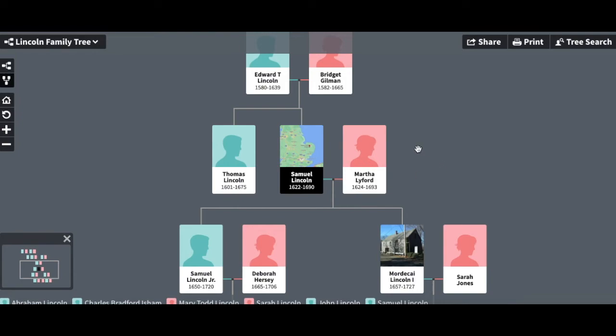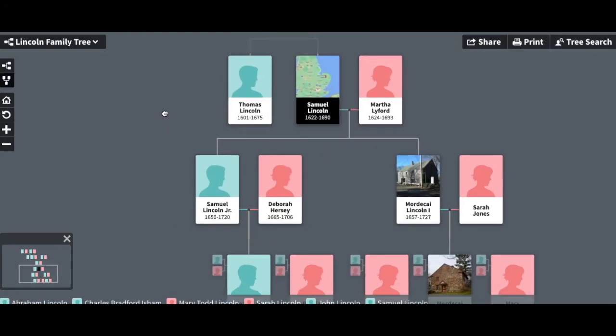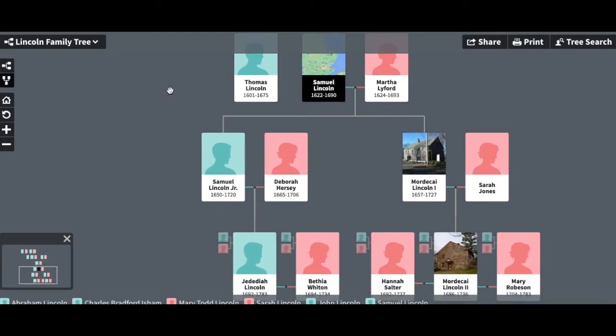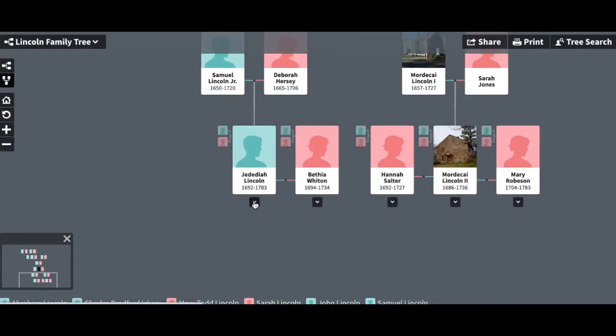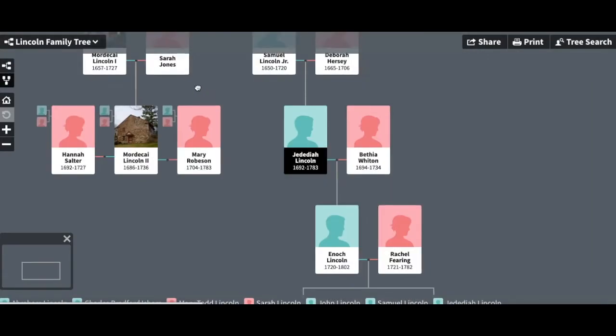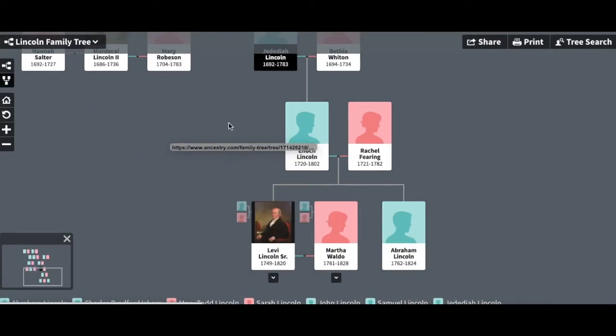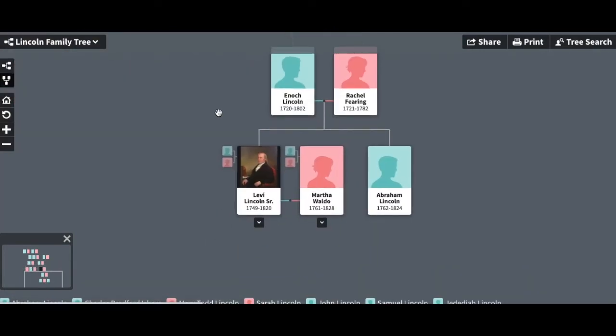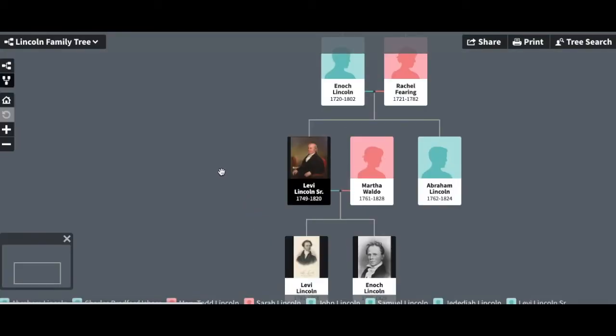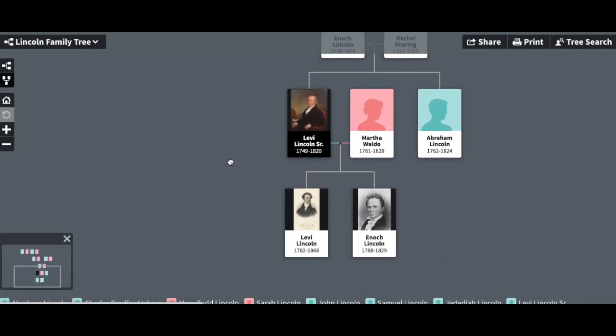So another of Samuel Lincoln's children, Samuel Lincoln Jr., was the ancestor of Levi Lincoln Sr., whom I will bring up here in just a minute. So Levi Lincoln Sr. was the Attorney General for Thomas Jefferson. And then Levi Lincoln Sr. was the father of Levi Lincoln Jr. and Enoch Lincoln, both of whom were prominent Massachusetts politicians in the 1800s. Anyway, Samuel Lincoln